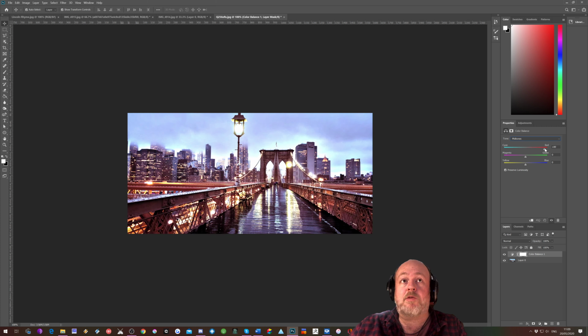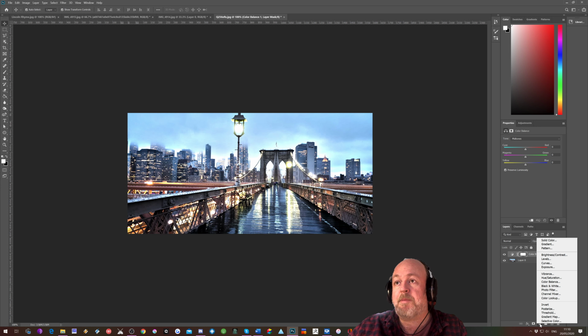We can go between red, you see the image gets a redder hue to it, and cyan, which obviously does that, and we can go greener and more magenta-y, if magenta is a word. Let's just stick these back to 0. You can just type in a figure here, and again blue and yellow, which is one way of approaching it. We also have